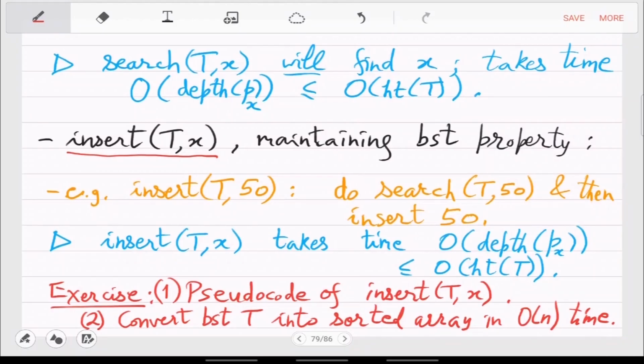How do you do this? What will be the pseudocode to convert a BST into a sorted array? This is the reverse problem. A directory we could have seen as an array, but the opposite question is that suppose I give you a BST, can you convert it into a sorted array? How do you do this?